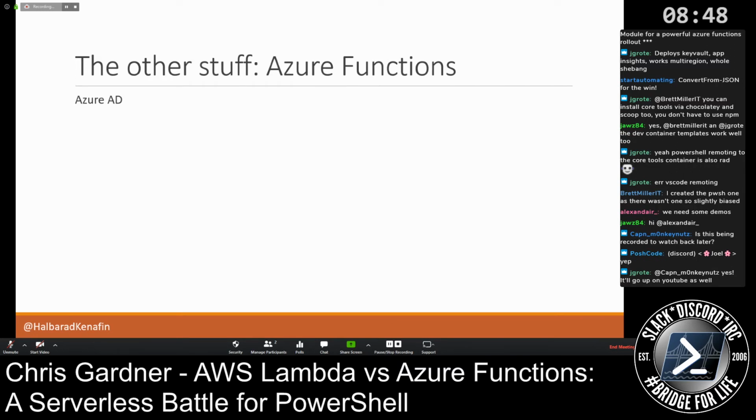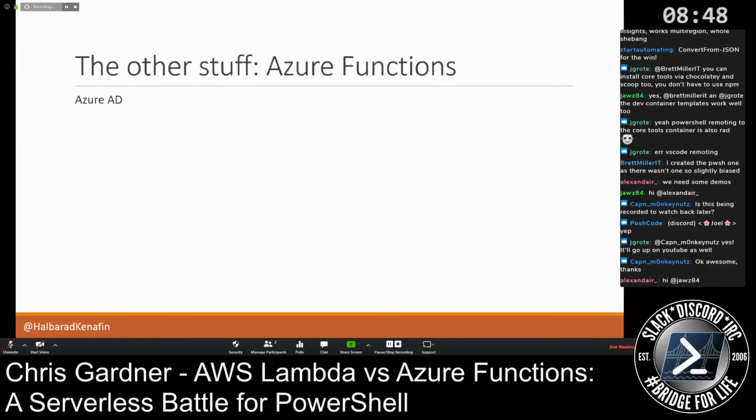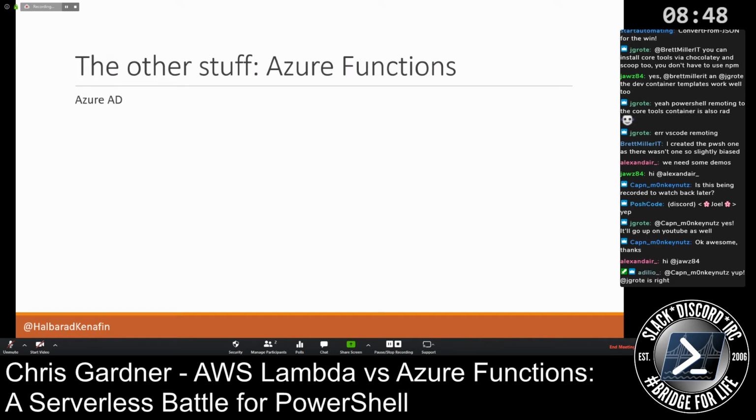And because of the way functions work, you can give them a managed identity, and it can then authenticate against Azure for you. So, like I mentioned earlier, you can have it responding to your alerts and interacting with your Azure environment for you, which is obviously pretty useful for alerting or just generally querying things that are in Azure.